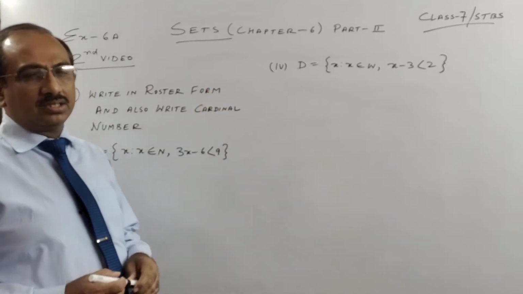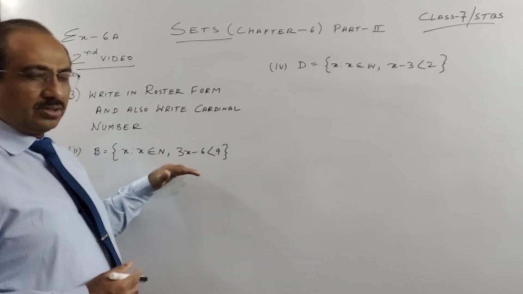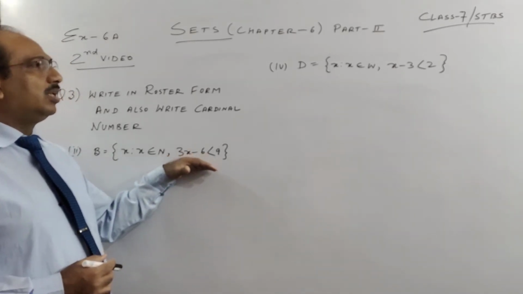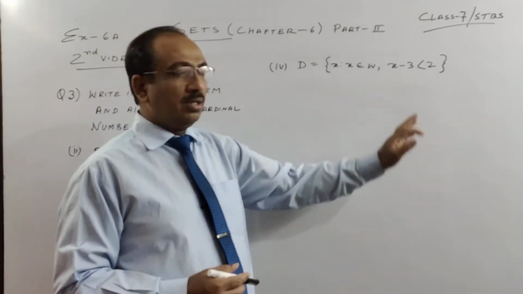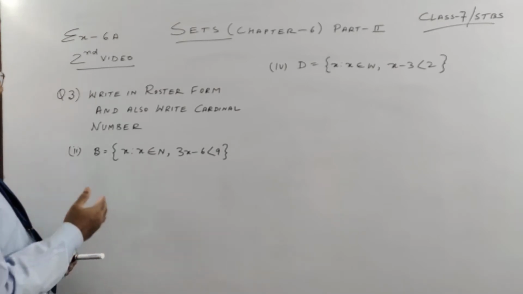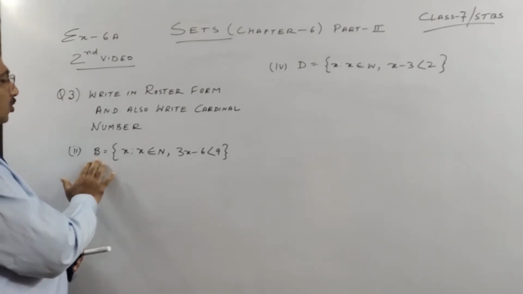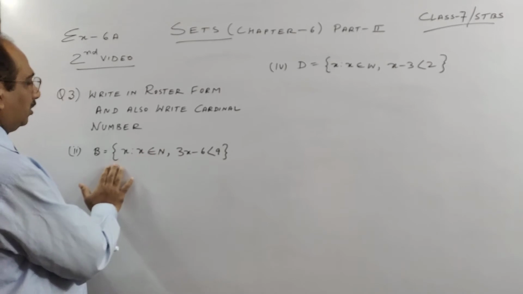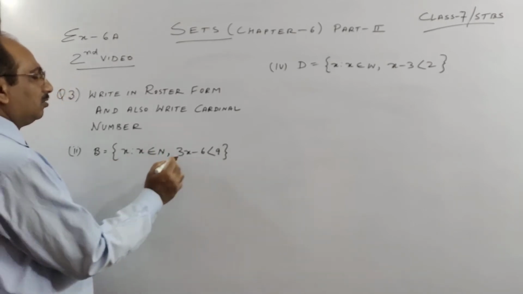You have already done sets, but this is a little difficult, so try to understand how I am doing it. Actually, these are called inequations. Equation means they are equal. So how do we do it? I'll tell you. I'll do all the even-numbered parts of question 3 for you. B is set builder notation: set B, in braces, x such that x belongs to natural numbers. How do we solve this, children?